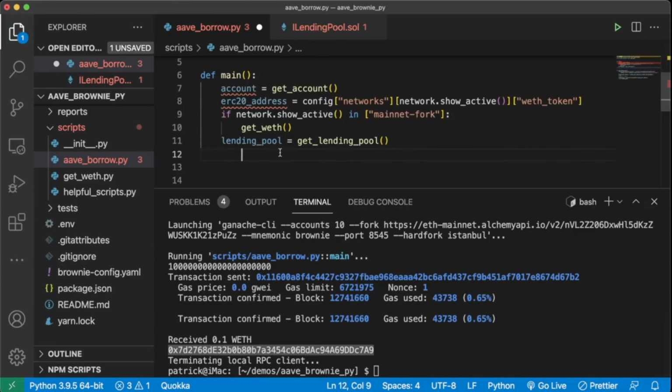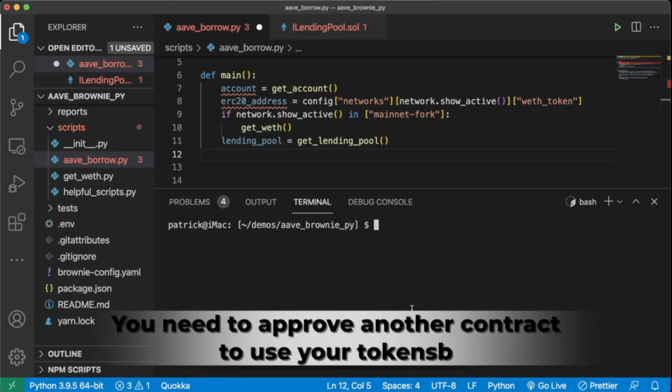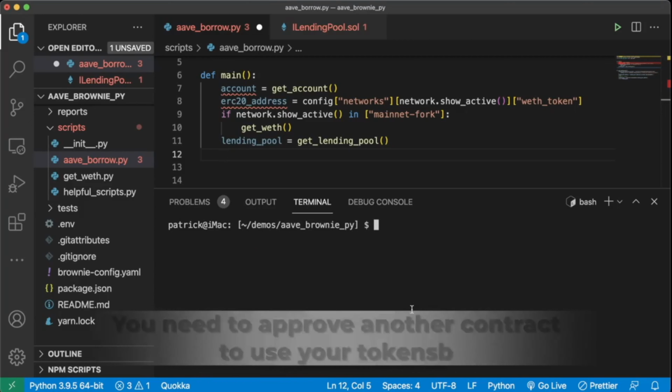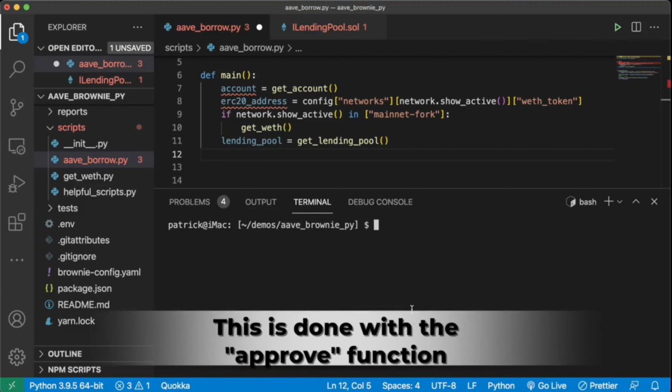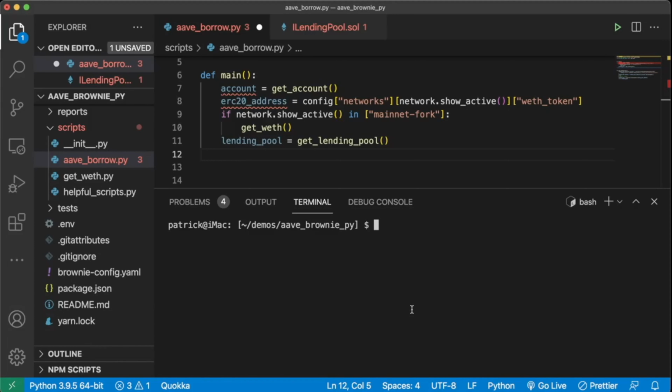So now that we have the actual address, what we're going to do now is take this wrapped Ethereum that we've got, this ERC20 version of Ethereum, and we're going to deposit it into this contract, just like what we did in the user interface. In order to actually first deposit it, we need to approve this ERC20 token. ERC20 tokens have an approve function that makes sure that whenever we send a token to somebody or whenever a token calls a function that uses our tokens, we actually have given them permission to do so. So that's the first thing that we're going to have to do, is we're going to have to approve